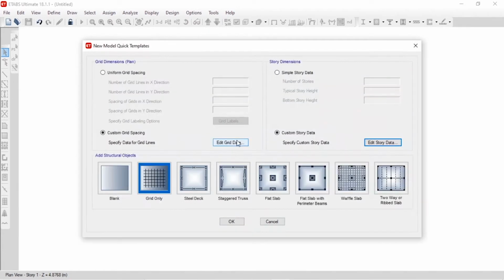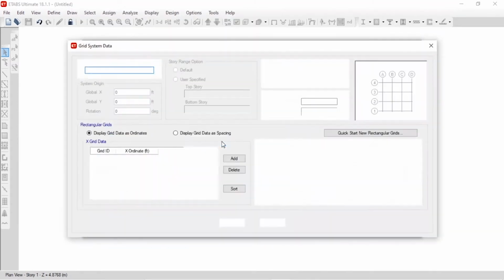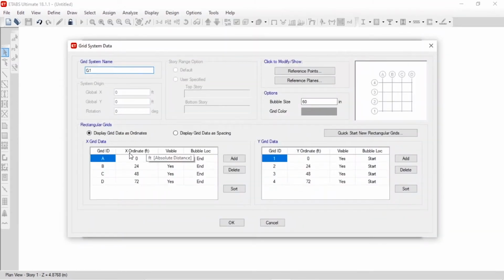Now I'll enter the grid dimensions of the grid spacing, and remember, you have to enter the x ordinate and the y ordinate, not the distance between two consecutive grid lines. First, in the x ordinate, I'm going to enter 15. Next one is 27.5, and next one is 37.5.